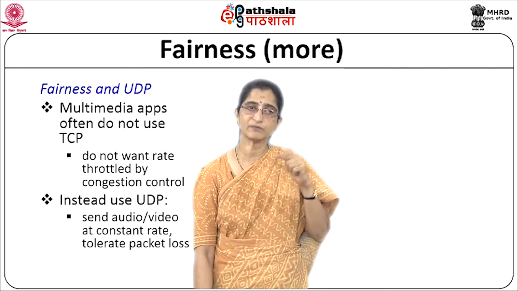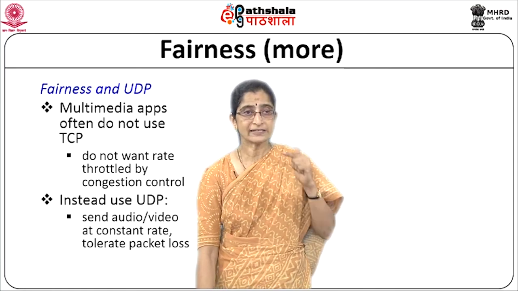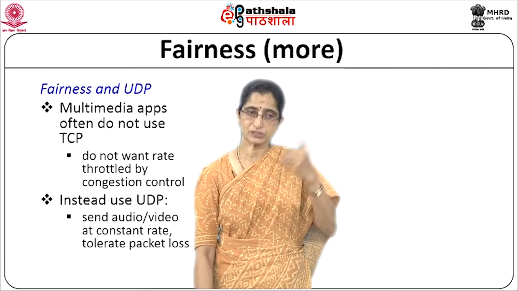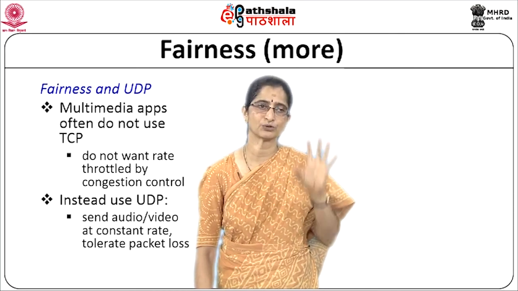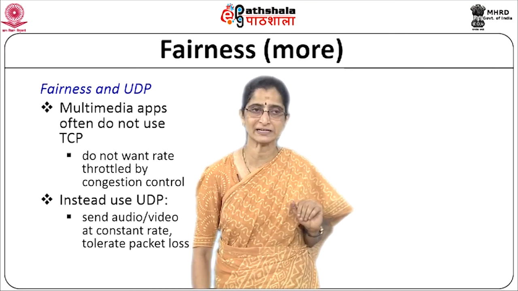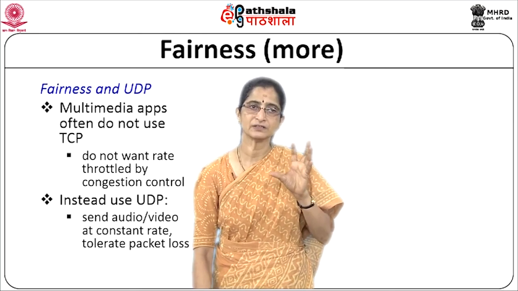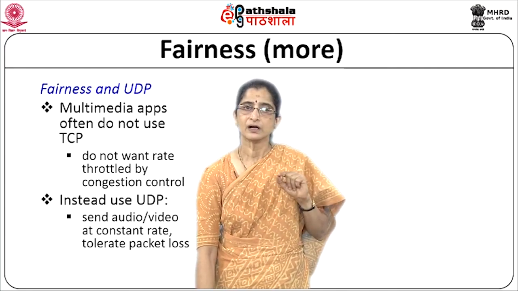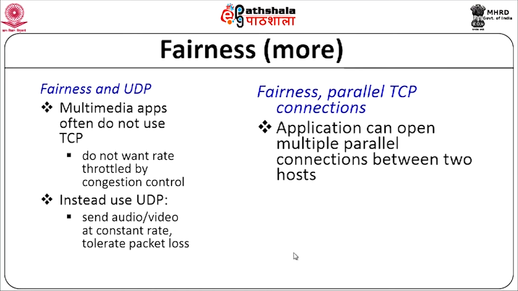Now, what will happen when you have UDP traffic and TCP traffic existing simultaneously in the network? The TCP traffic will do congestion control and therefore, it will suffer because it will start reducing the amount of data, whereas UDP will not do any congestion control and will happily use all the available bandwidth that is being freed up also by TCP. So, when you have a combination of UDP and TCP, UDP can get more traffic than TCP. Another trick that many applications use is that they use parallel TCP connections to exploit this fairness mechanism.